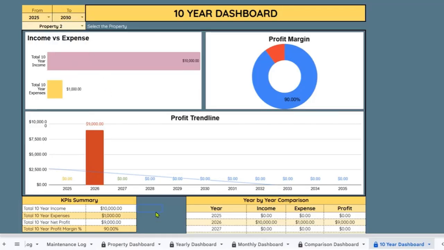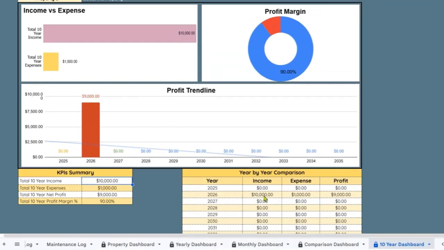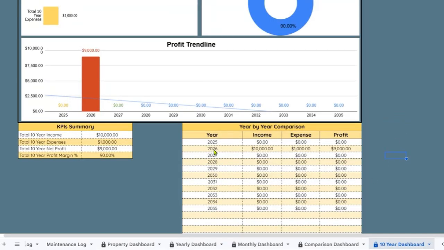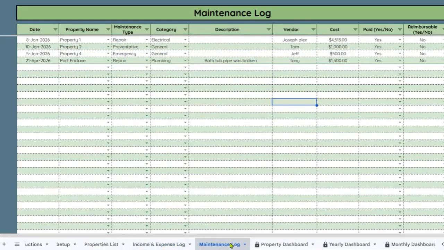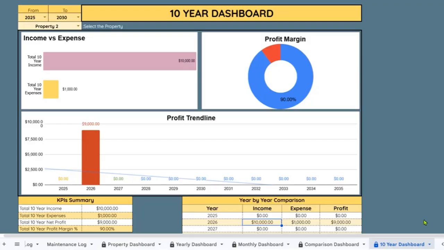So I said 2030. The total 10-year income was 10,000, 10-year expense was 1,000, net profit was 9,000, and the profit margin was 90%. And here is the year by year comparison 2025, 2026, income, expenses, and profit. As we entered only data of 2026 in this income expense log and maintenance log, only that data will show up. It is very simple and made for the use of a person who is not much